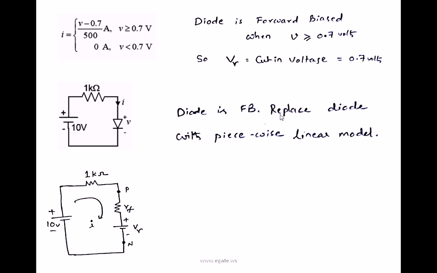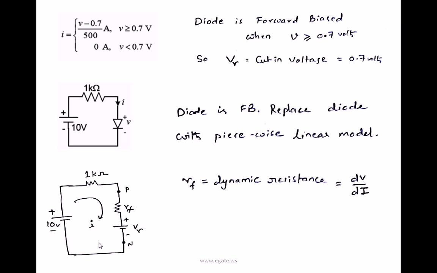So now the same circuit is used, except the diode. Here the diode with P terminal and N terminal has been replaced with its equivalent model. In this equivalent model, RF is the forward resistance and V gamma is the cut-in voltage. V gamma is 0.7 volts, which is known, but we don't know the value of RF. So first we need to calculate RF under diode forward bias, then we need to calculate I. RF is the dynamic resistance of the diode under forward bias.